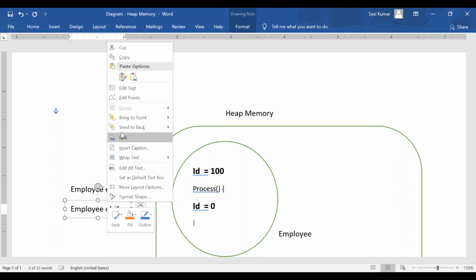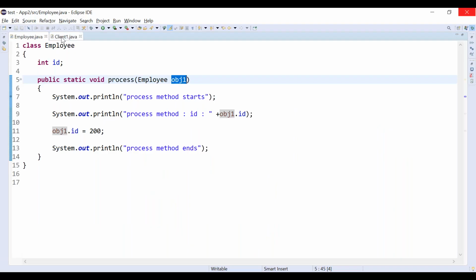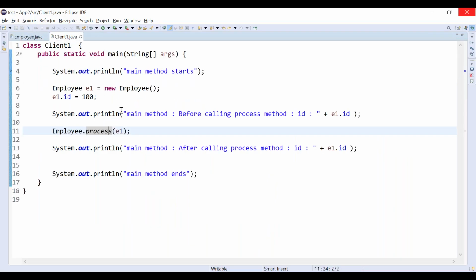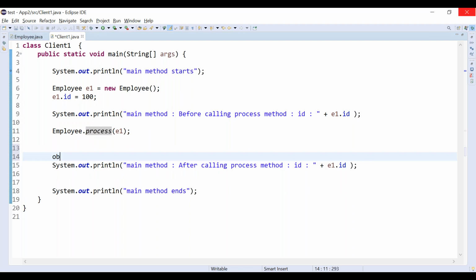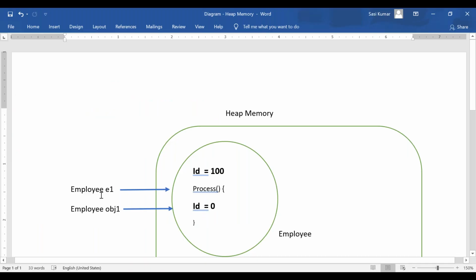Internally, it is like assigning obj1 equal to e1 when you are calling. Whatever you pass here becomes the obj1 value. So now obj1 and e1 both are pointing to the same object.